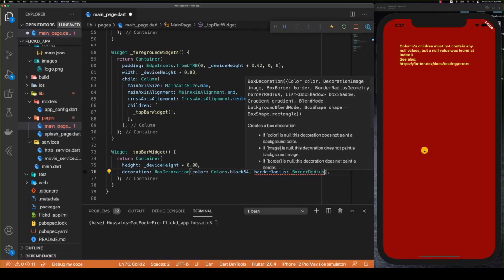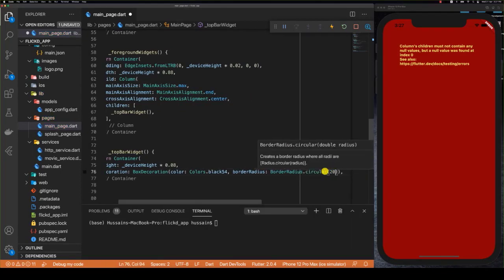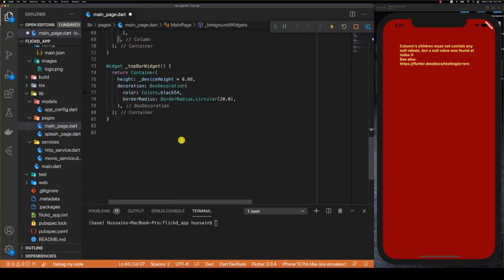And then we're going to do dot circular, and then 20. Add the trailing commas just so that the reformat of the code is good, and then we can continue onwards. So now that we have this, the next thing I'm going to do is that I'm